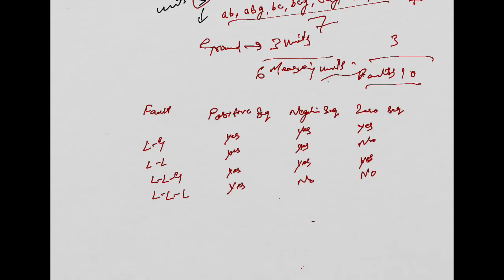So as we have discussed, there is the presence of sequence components in voltage and current during the various faults, and it can be seen that the positive sequence component is present during all the types of faults. It would be prudent to measure the positive sequence impedance between the relay location and the fault so as to cater for every fault. So we also have to measure the positive sequence component.